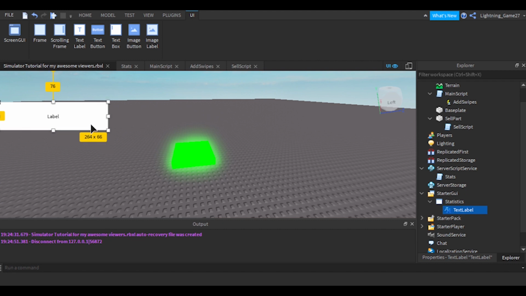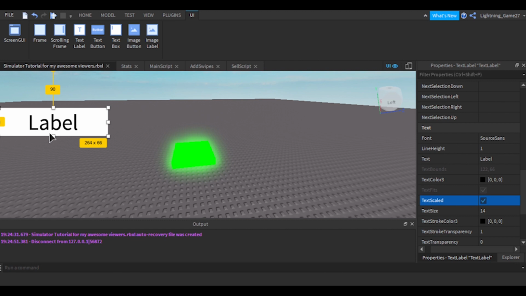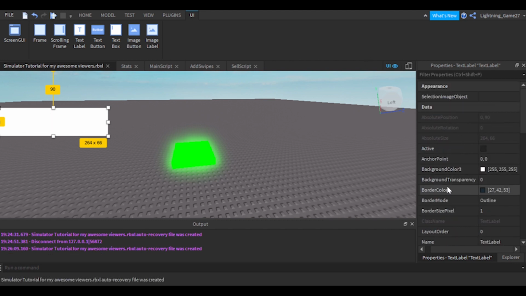a bit. Alright, so it's a bit big, but that's alright. And then I'm gonna enable text scale in properties so that people can actually see what it says, as you can see. And then I'm gonna change the font to anything I like. I like, ooh, the big bold. And then I'm gonna change the text color to white, because I'm gonna change the background color to, what should I change it to? I should change it to blue or yellow, because those, I mean, yeah, I think I'll change it to orange,